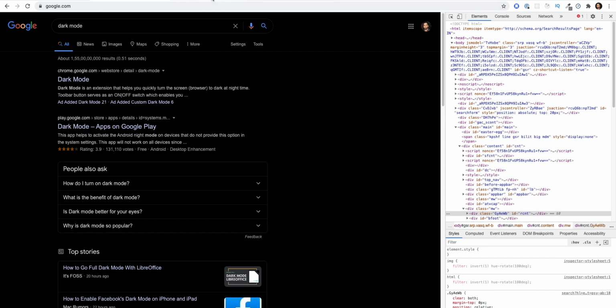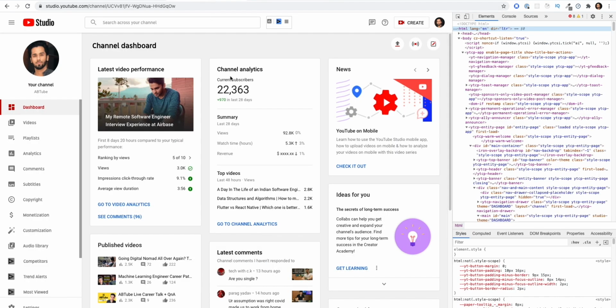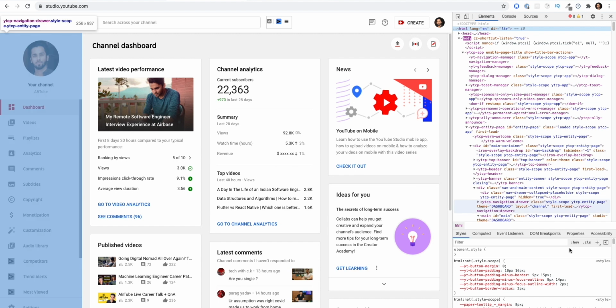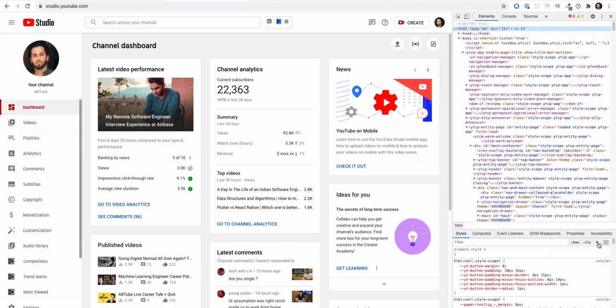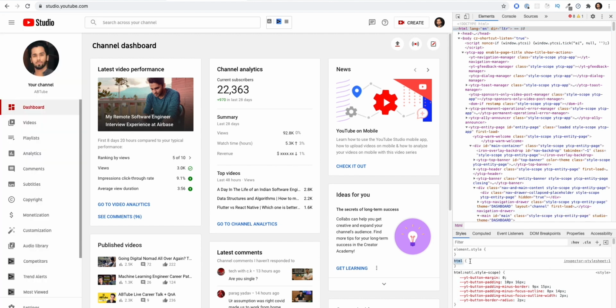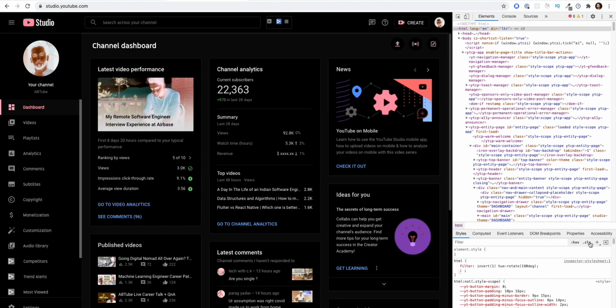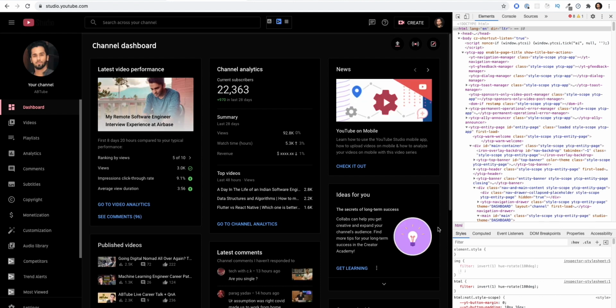And next I can show you the YouTube channel dashboard. YouTube Studio still doesn't have a dark mode, right? It's a bright white light. So if I'm looking at my YouTube Studio in the night, it's not really helpful. But if I apply the same filters, I think then you can view it in dark mode, and it's much easier to look at.